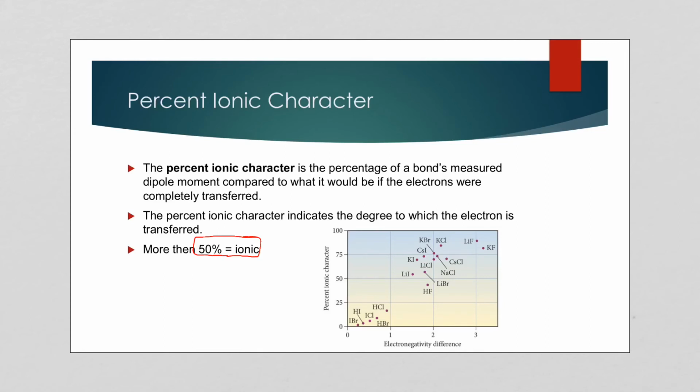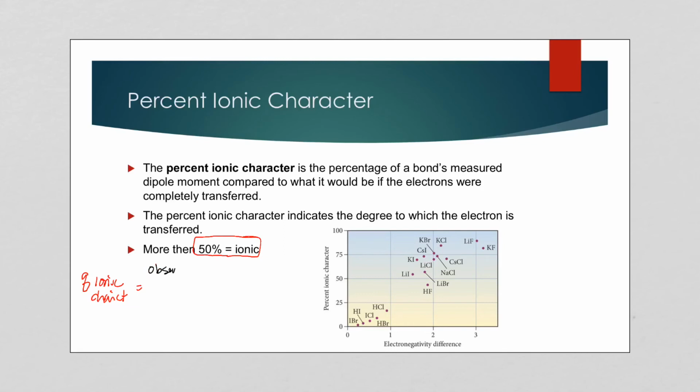And so, again, if it's more than 50% transferred, it's transferred, right? That's the idea. Now, how do we calculate this? Well, we calculate this by taking the percent ionic character equals... We look at